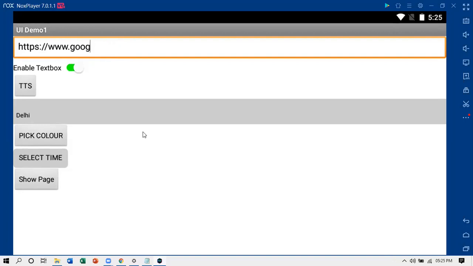If I write something like this, now here the TTS component will not work because the TTS component functionality is not on my laptop and it is not in the emulator. So this will not work. This will work online only. So I just show you the functionality of what is working here. If you click on the TTS component, I have programmed it so that whatever I have typed in the text box will be spoken out. It will come out of the speaker. That is the text to speech engine.